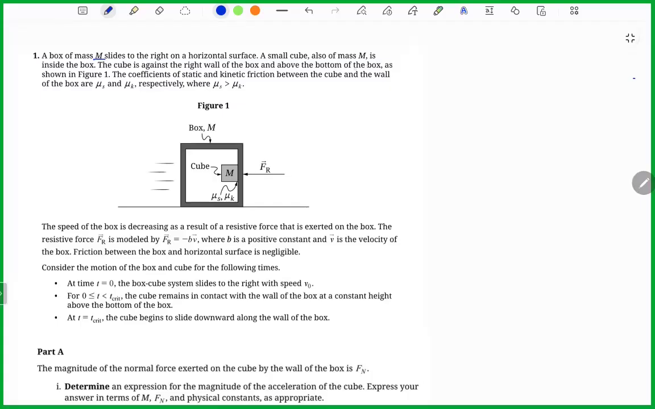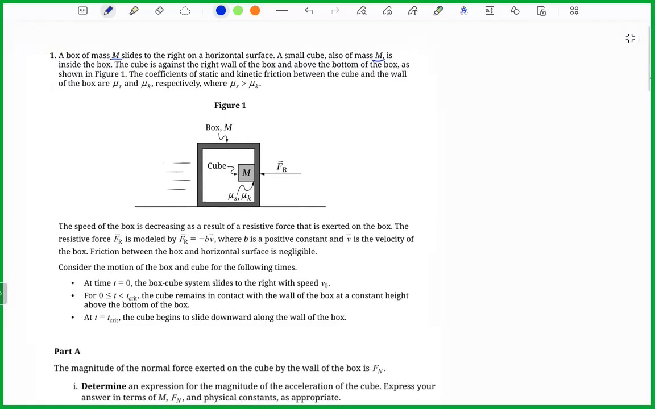surface. A small cube, also of mass m, is inside the box. We see that the cube is pressed against the right wall of the box above the bottom, so it's not touching the bottom of the box. And we're given the coefficients of static and kinetic friction between the cube and the wall as mu s and mu k. Now, we're told the speed of the box is decreasing as a result of a resistive force that